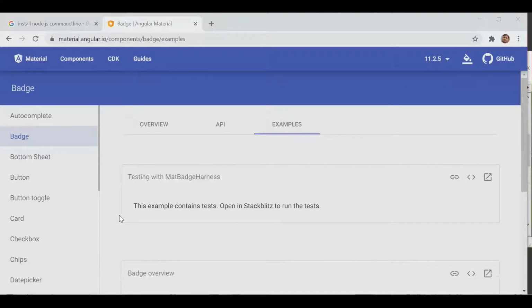So is anyone here who has already downloaded, so that we can see the example on his system also? Okay, there are 3 to 4. Hello, Gaurav. So would you like to show the overview?